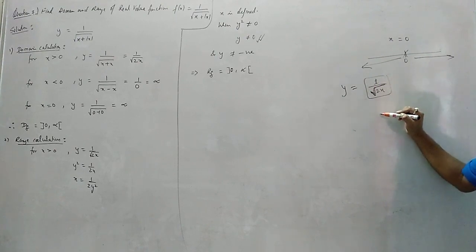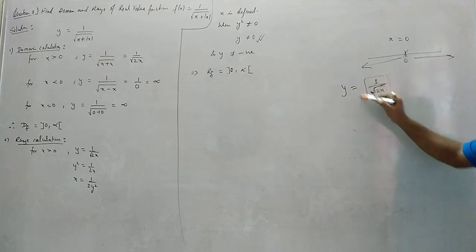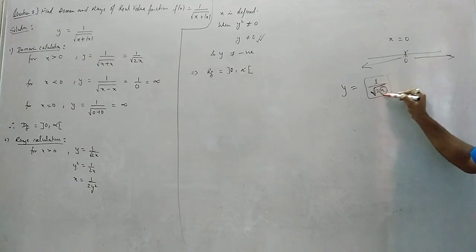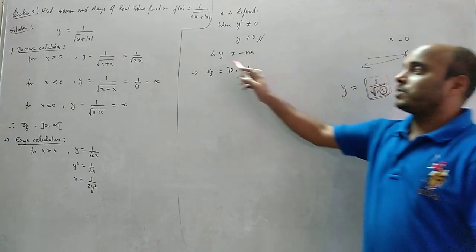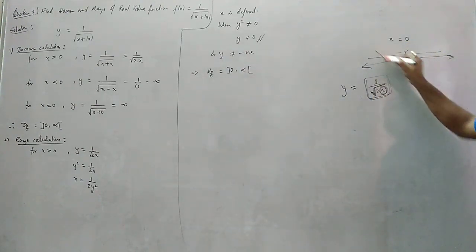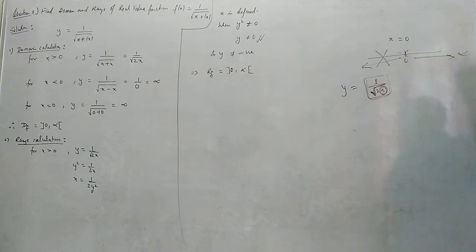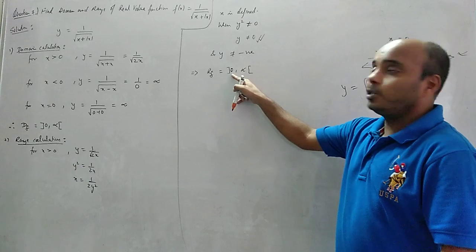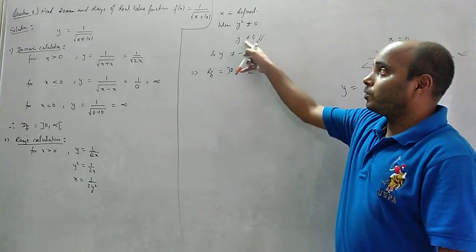You understand this? अगर x की जगह अगर नेगेटिव डालोगे तो यहाँ से नेगेटिव थोड़ी आएगा, इमेजिनरी हो जाएगा ना. रूट के अंदर अगर नेगेटिव डाला तो इमेजिनरी हो जाएगा. इसमें तो हर टाइम पॉजिटिव वैल्यू डालना पड़ेगा. If you substitute always positive value, this whole thing will be always positive. That's why I written, and y cannot be negative. That means 0 नहीं हो सकता है, नेगेटिव पार्ट नहीं हो सकता. तो क्या होगा? 0 से इंफिनिटी पॉजिटिव पार्ट होगा. That means from 0 to infinity. Infinity open bracket, 0 open bracket, because y cannot be 0 from here.